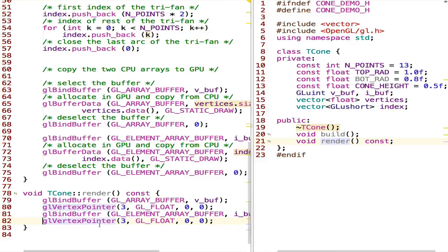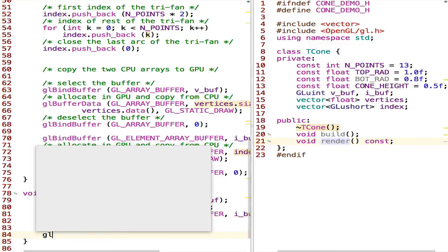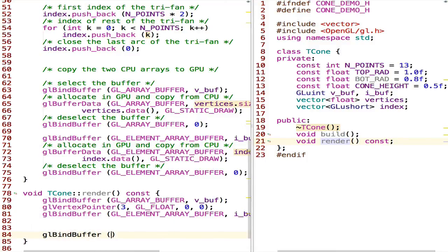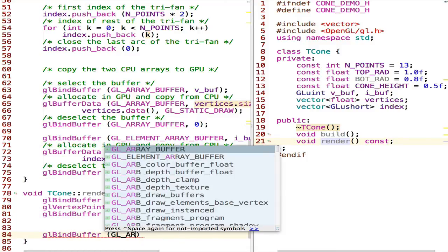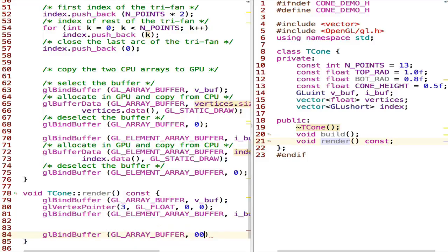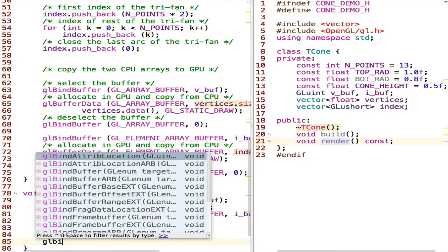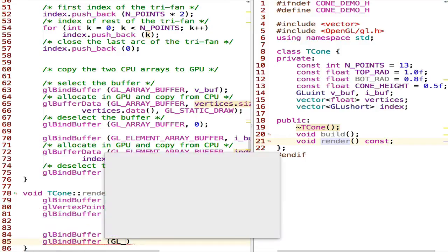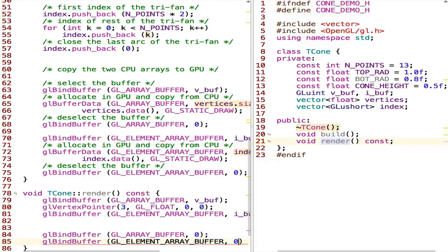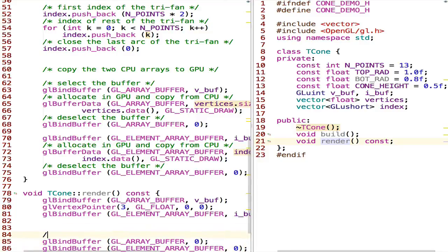And I just want to make sure that I don't forget at the end I need to deselect again, so I do want to say GL array buffer 0 to deselect my buffer, and I have to do it for both of them, bind buffer GL element array buffer 0. Okay, deselect the buffers, and then select the buffers at the top,